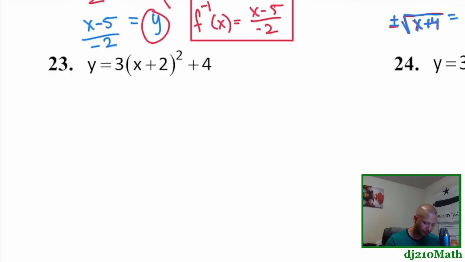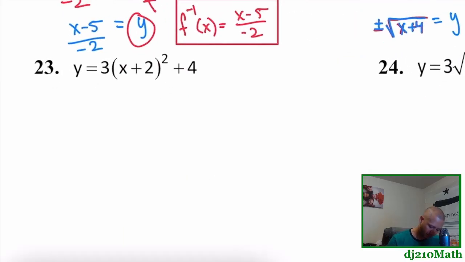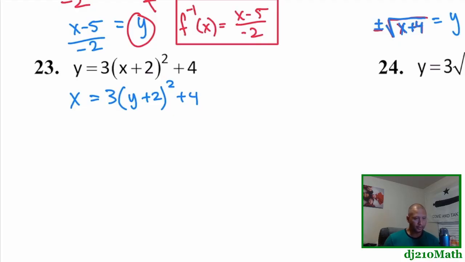All right, 23. Swap x and y. So x equals 3 times the quantity y plus 2 squared, plus 4. Okay, there's a lot of things attached to the y. What do you do first? Divide by 3, take a square root, minus 4. So what I would do,